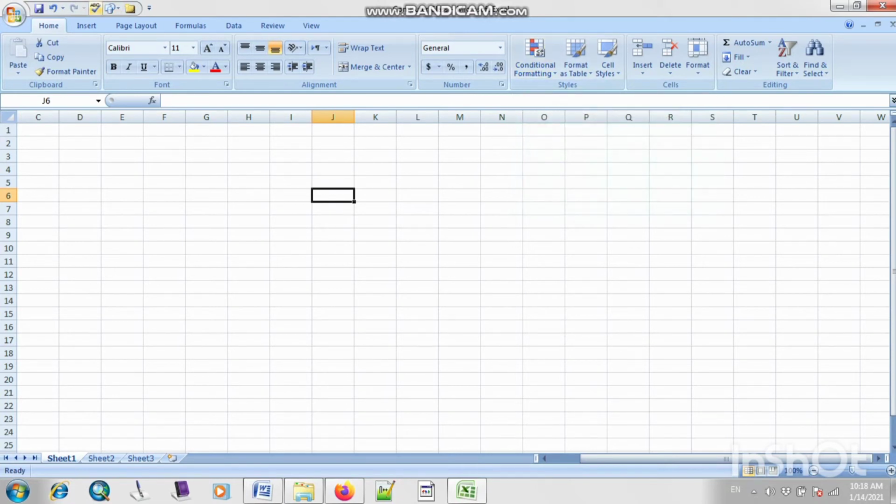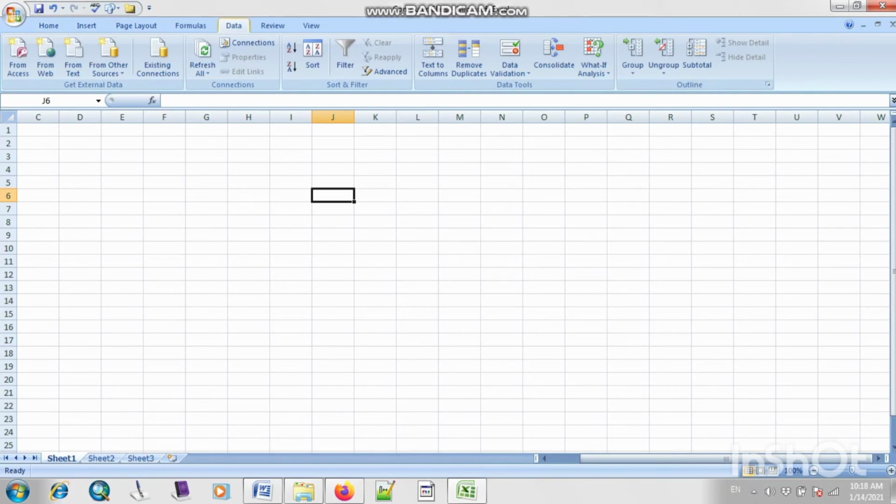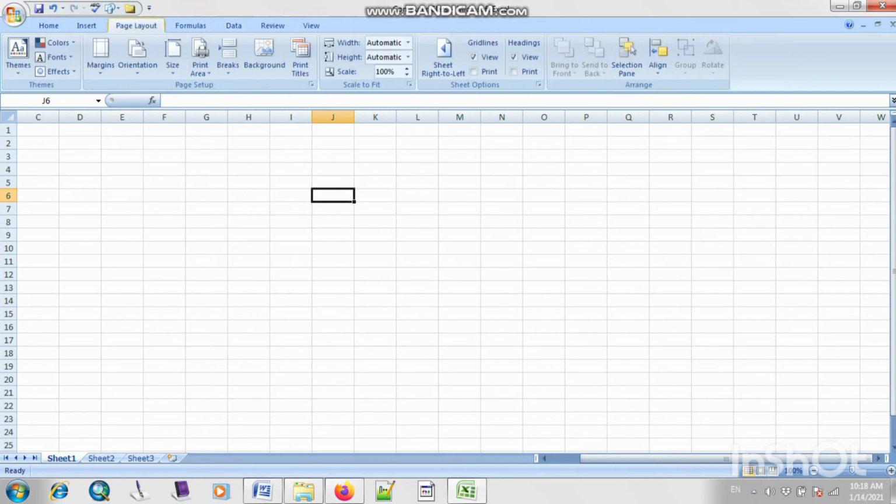Then we have the quick access toolbar. The quick access toolbar is used if you want to place some icons on this tab, and you can automatically use them whenever you want, so that you don't have to find them in different tabs. Then we have a tab menu bar where we have different tabs related to different functions.